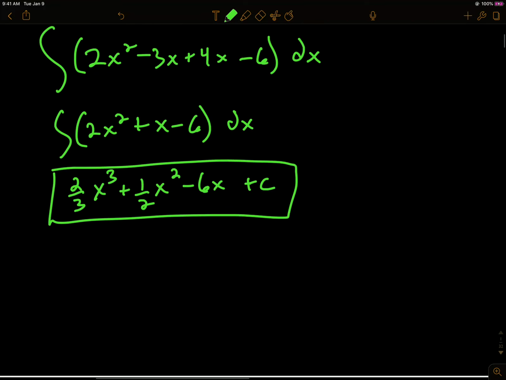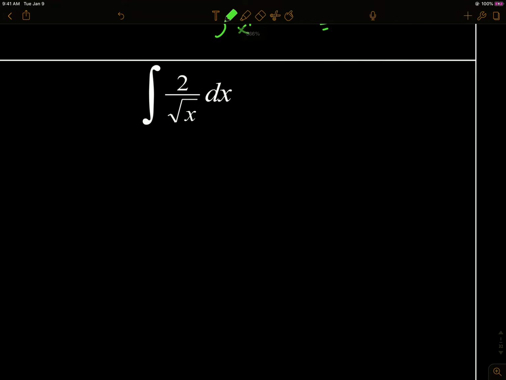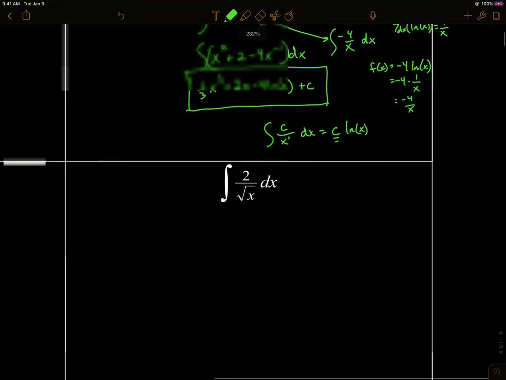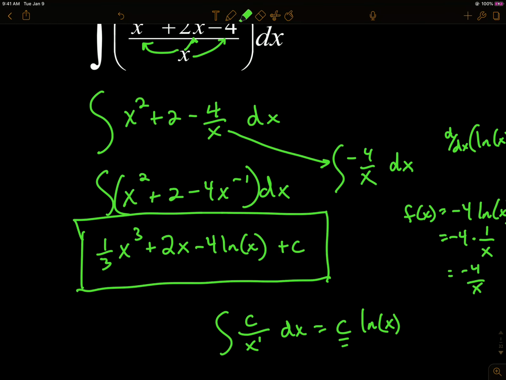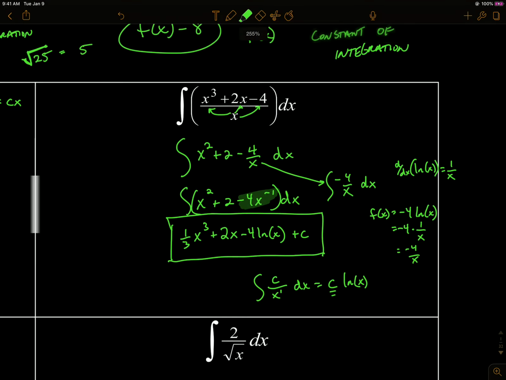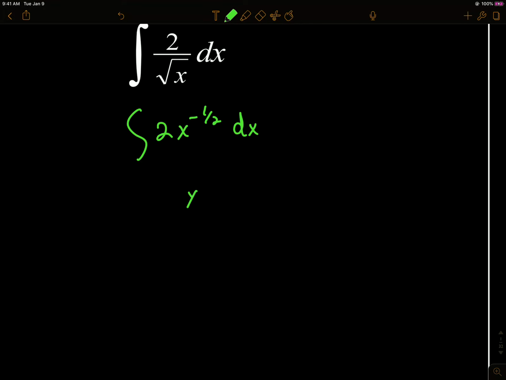And again, we don't know what that c is. We're just accounting for it. We don't know exactly what it is. Okay, we cannot have x in the denominator, so I've already told you that. We want to bring it up like we did here. But except in this case, when it's negative 1 power, we know that that's actually going to be the natural log. If it's any other power, we're okay. We can do power rule. So let's take a look at this one. If we bring our x to the 1/2 power up, then we can apply power rule. If I add